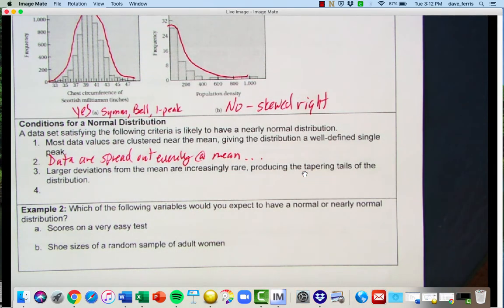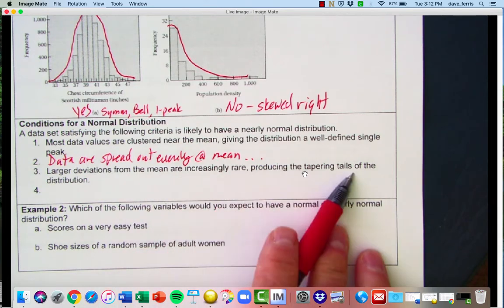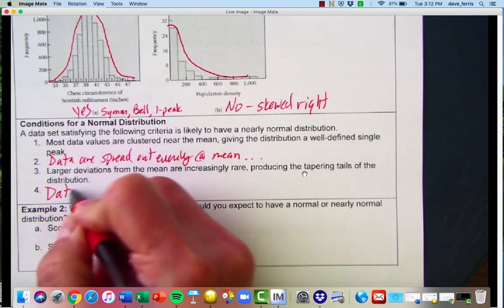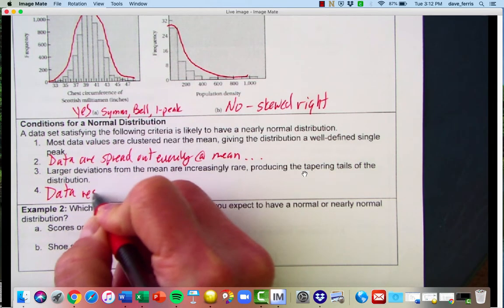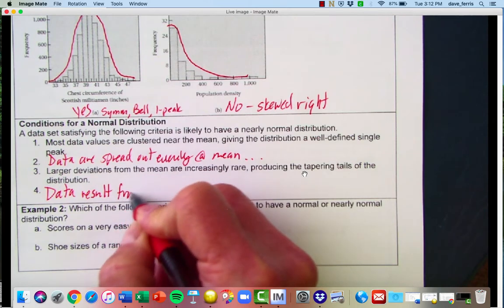Evenly, meaning about the same number on both sides, but with less probability as you go to the extremes. Larger deviations from the mean are rare. That's where you get those tails on both sides. And then the data result